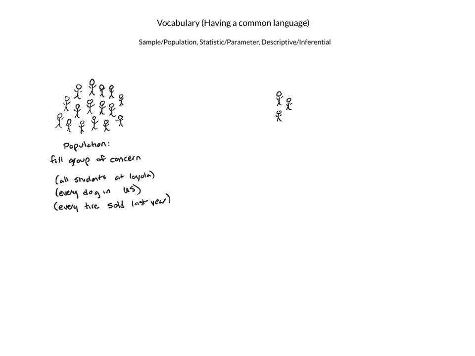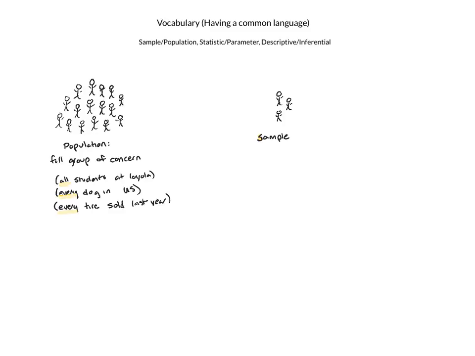So the important thing to understand is that when I talk about wanting to study a population, we're really concerned with all or every. So it's the overall group that we're looking at. The problem with this is I can't ask all students at Loyola a question. I can't find every dog in the U.S. I can't find every tire sold last year in the U.S. And so statistics is about wanting to draw conclusions about the population and settling for the fact that we can only take